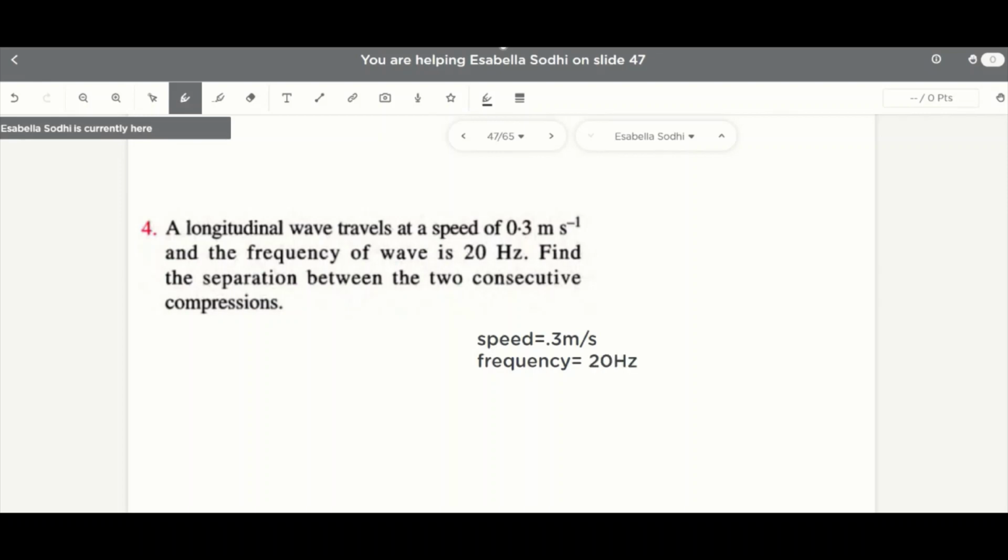The data is given, and if the student is comfortable with writing using the pen, they will be able to do the sums directly by writing on the board. Another option, as I said, is that they can do the working out in the notebook and upload the work. Here the student asked me a doubt, so I am just going to show you the wave structure there, because she had a doubt in finding out what is to be found. So I am just helping her in real time. This is how Classkick works as a live interactive whiteboard.